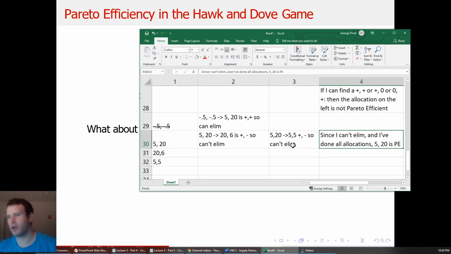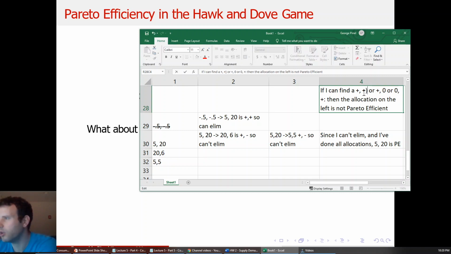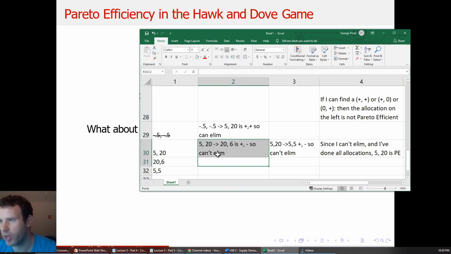There we go. All right, so this one is PE because you only have plus minuses. You don't have a plus plus, a 0 plus 0, or a 0 plus. Okay. So 0 plus means that one person stays the same, the other does better. Same thing with a plus 0, and a plus plus means both people do better. So if I can find one of those allocations versus the one I'm considering, the one on the left, then that means I can eliminate it. Okay. So what about